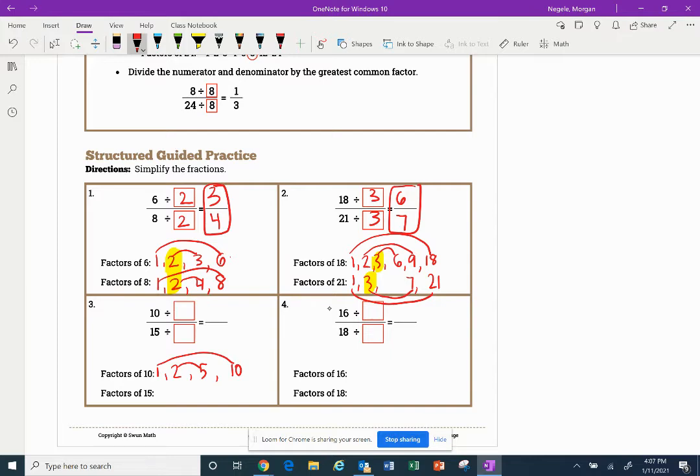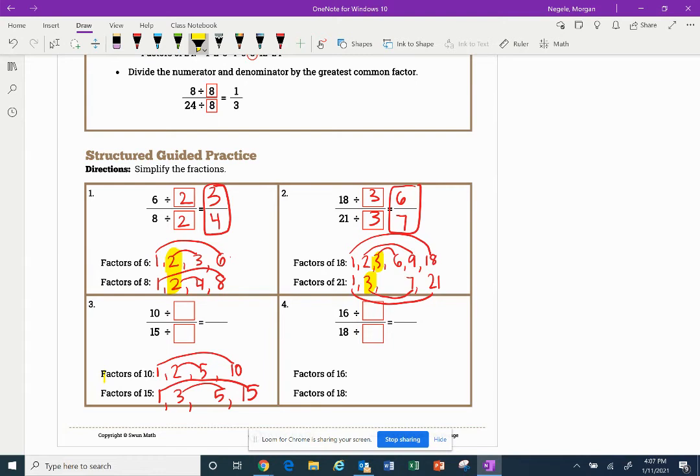Let's do factors of 15. Again, we're always going to start with 1 and whatever the number is, so 1 and 15. 2 is not a factor of 15, but I know I can multiply 3 times 5 to get 15. 4 is not a factor of 15, and we already are at 5, so we are done. It's a short one. Let's connect our facts, and you're going to compare the factors of 10 with the factors